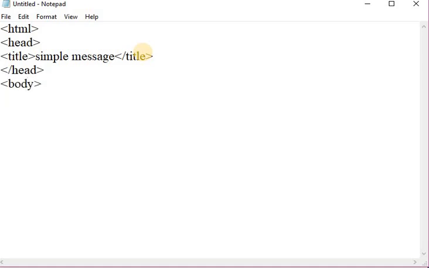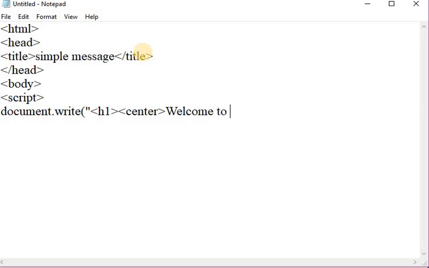Next is the body tag. In that body tag I am writing a script tag. Here in the script tag I am using the document.write method, and here I am taking a header, that is h1, and a center tag, and I am displaying the message, welcome to JavaScript.